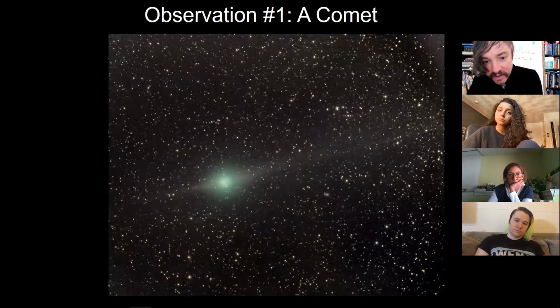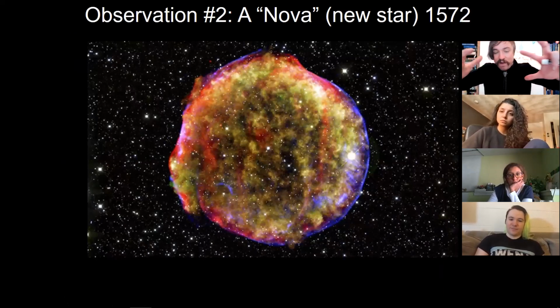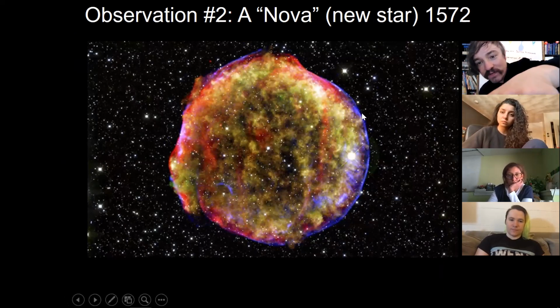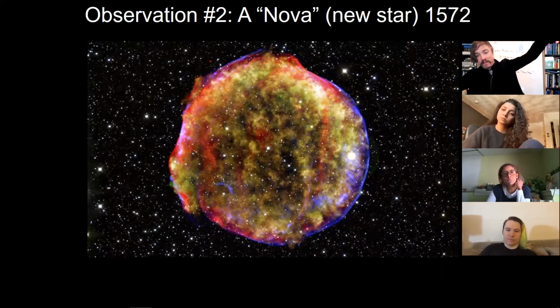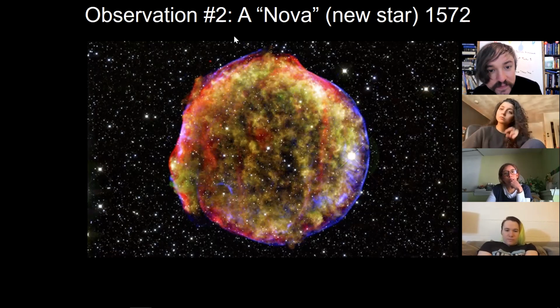Want to see what it looks like? Boom. That's what we found when we looked at his coordinates. This is a huge shock wave of hot plasma that's expanding in a giant sphere. Basically, Tycho had watched a star explode, and because it takes such a long time for this bubble to expand, even though he observed it in 1572, today in 2021, we can still see the bubble of gas expanding. This was a cool collaboration, but in fact, this is now known as Tycho's supernova.